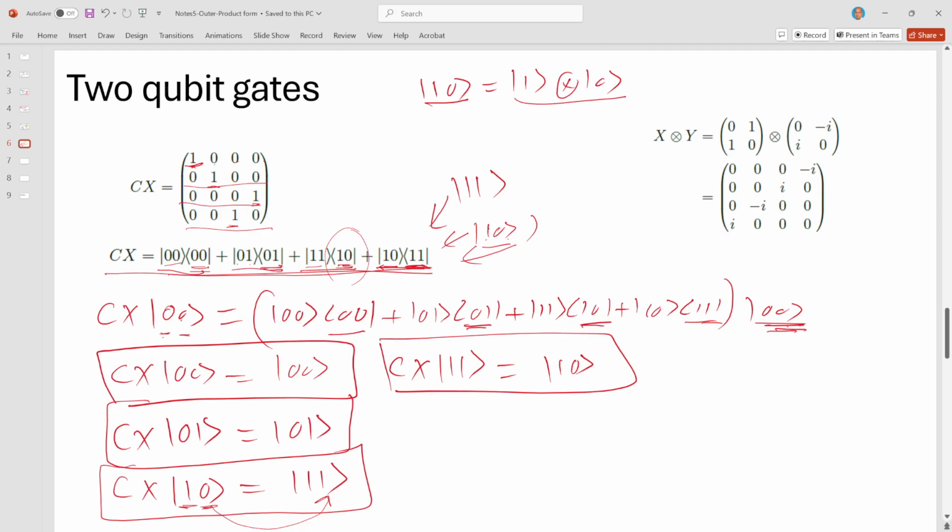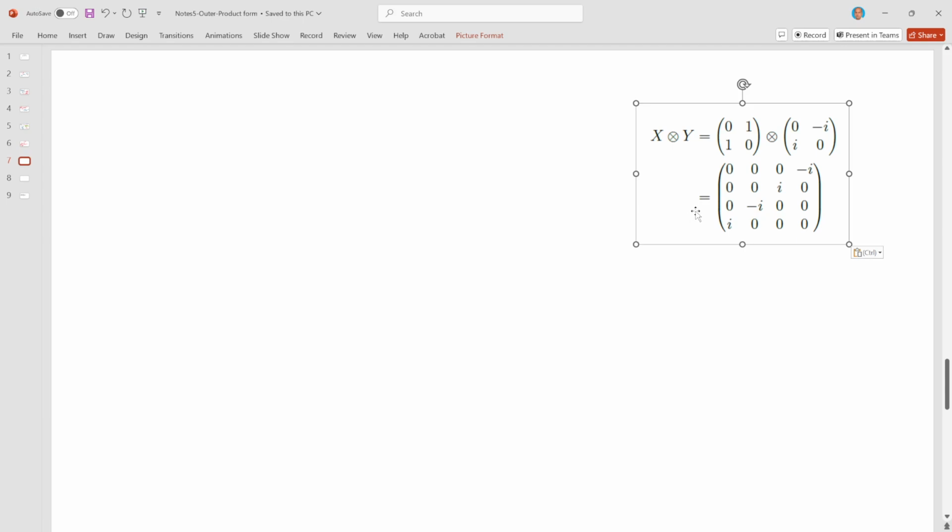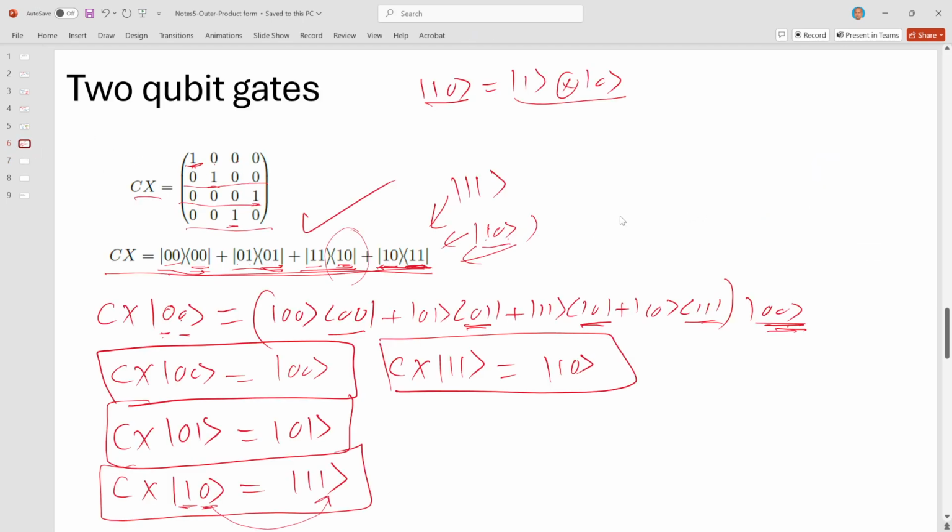Okay, so this is the correct notation for this gate, CX. Let me just take this to the next slide, because I want to discuss this point separately. We'll come to it. So this actually is true, we should have figured it out already, because, as we were discussing the intuition before, we know that